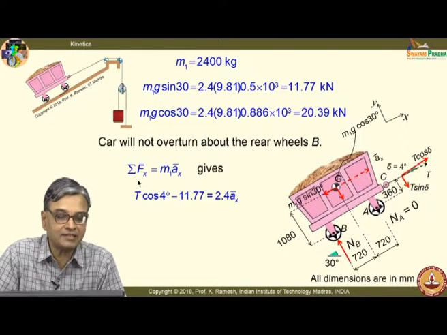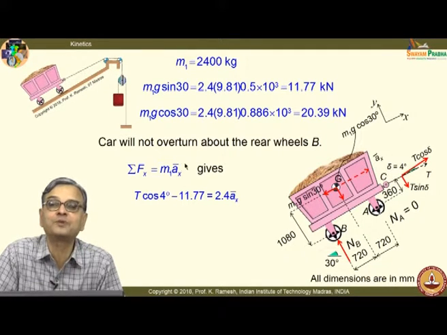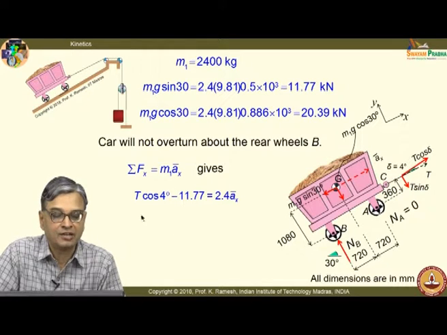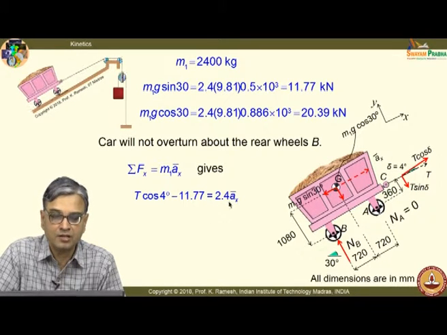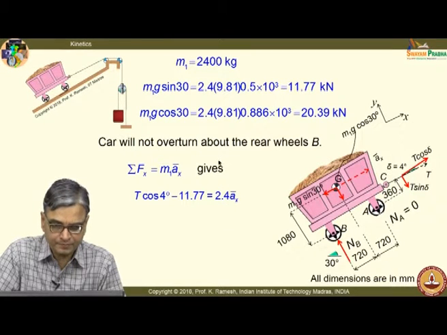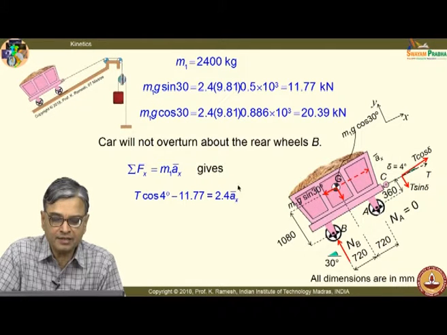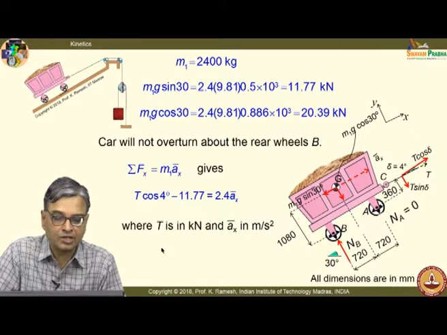So, what we are writing is, you have to recognize that Fx equals m1 Ax bar. This is the difference between statics and dynamics. I can write down the x components. I have these written here, equal to mass, which is 2.4, that factor you have taken, and then I have put this as Ax bar, where T is in kilonewtons and Ax in meters per second square.